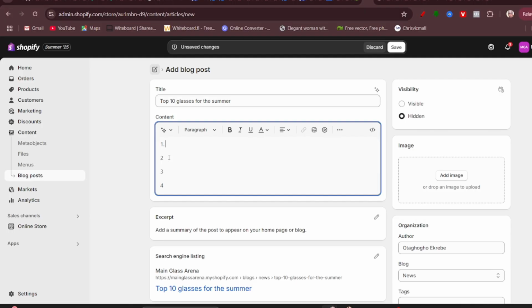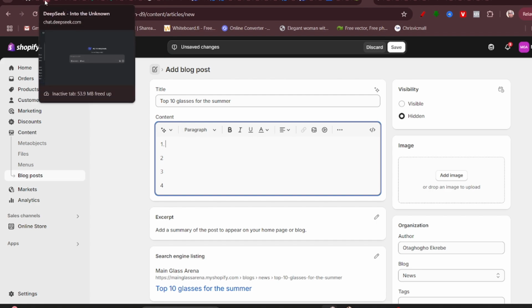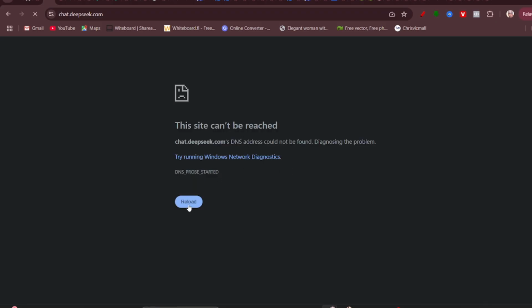Okay, so let me write something. Let's just do this. I'm going to do this for you now. I'm going to use DeepSeek and make out a blog. Okay, so let's go on DeepSeek. Okay, wait for it to load up. I use DeepSeek, I use ChatGPT. Whatever works for you really works for you. All right, so you wait for DeepSeek to load up. I'm going to verify my presence. Okay, so let's load up again and just give you an example of what you should be doing